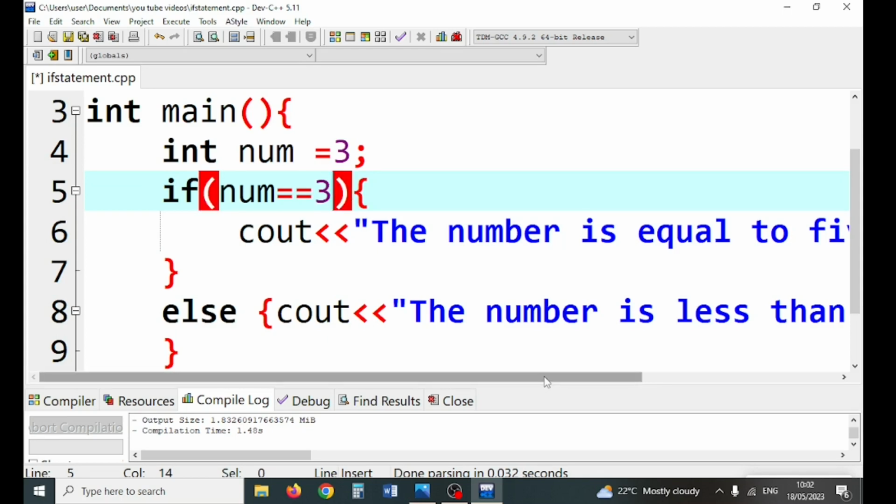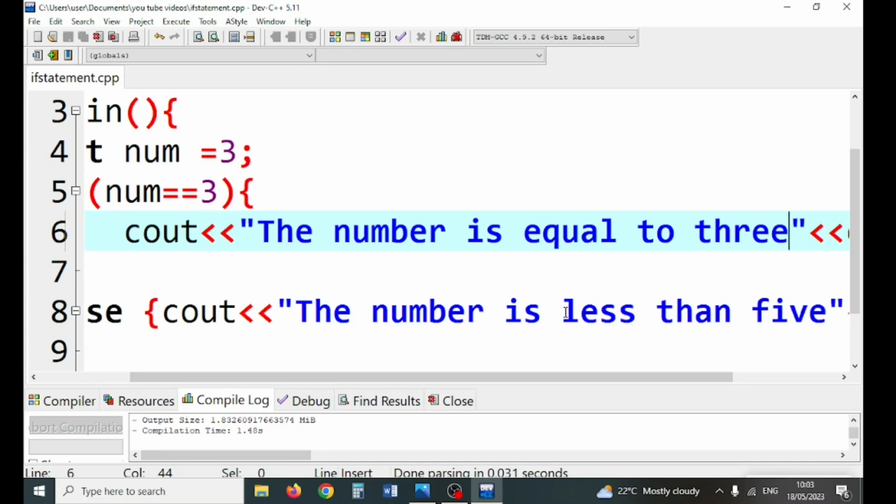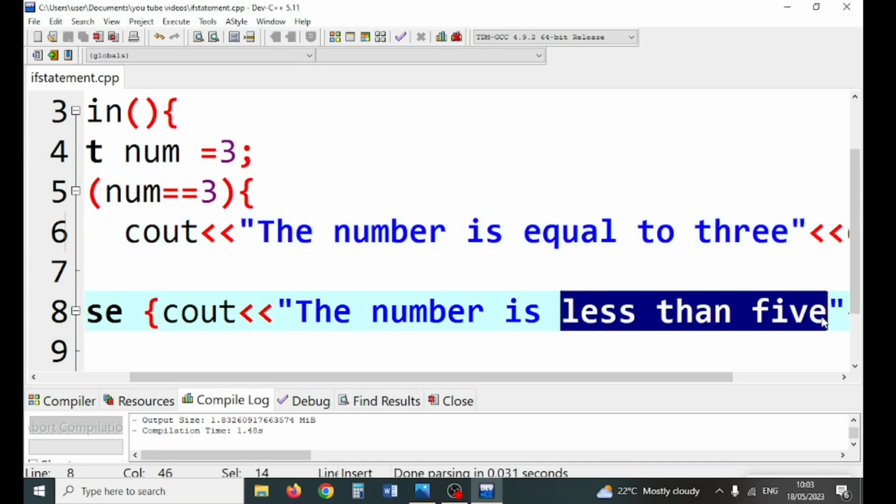It will test, is the number equal to 3? The number is equal to 3. Else, it will say the number is not 3. Remember these are just your words, but they must match, because if it is not equal to 3, it will simply say the number is less than 5, because that is exactly what you have provided